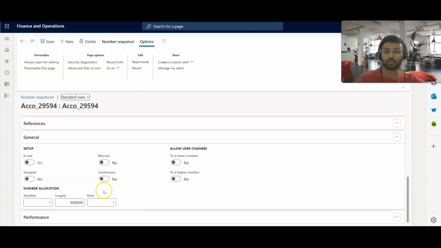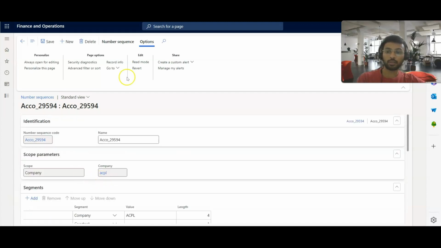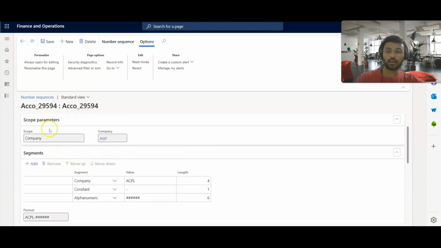Here in the reference, this is the number sequence code, this is the name. Then we have the company. What the system will do, suppose I am running this number sequence wizard in my particular company ACPL,